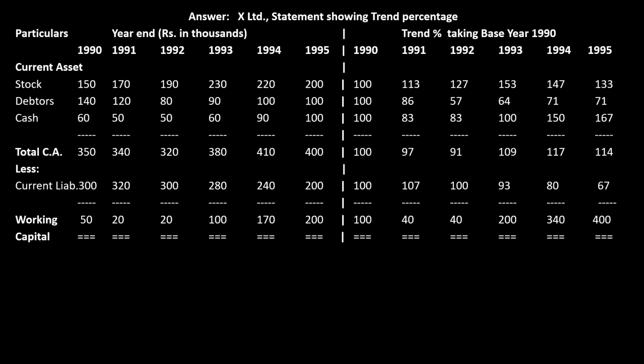Very easy now. Okay, we'll go to the next slide. And this will be the end of this trend percentage, the end of this tool actually, the financial statement analysis tool. This is the end of this sum. There are 4 sums. Is it clear? And this is the 5th sum we did.